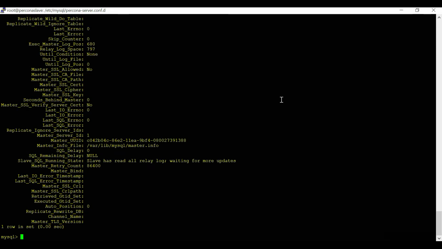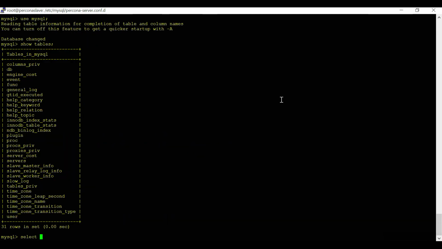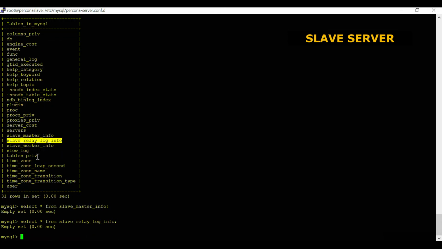Suppose you want to collect the info in a table. We have tables in the MySQL database. These are the tables. See here, master. If you want to see any master related info, you can see it in the table. See here, it's empty. Select star from relay log information. What things have to travel here? That info, if you want to see it, you can go with relay log info. But here it says empty.